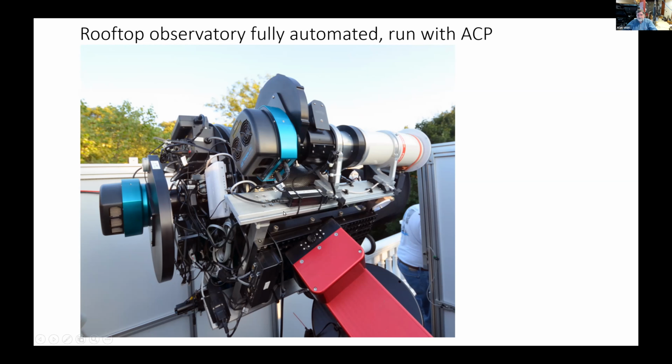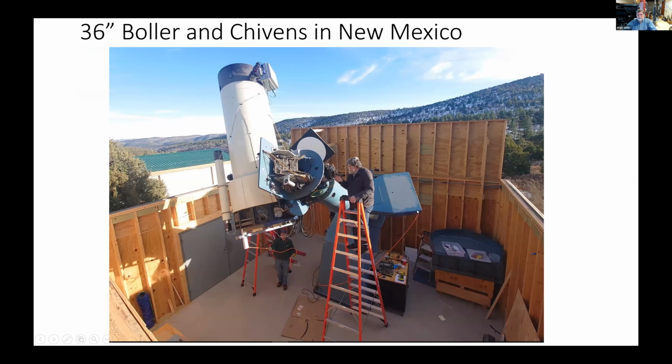It's a continuous effort. And this actually uses a Wi-Fi bridge to get all the information off the back of the telescope. So the only thing running up to the mount is a power cable. This is another project, 36-inch Bowler and Chivens in New Mexico, wonderful dark sky location. This telescope came from Princeton, and I've just installed new direct drive motors on it, and it's nearly up and running. It's also been converted from Cassegrain to Newtonian with a new front, and it has a rotating diagonal mirror